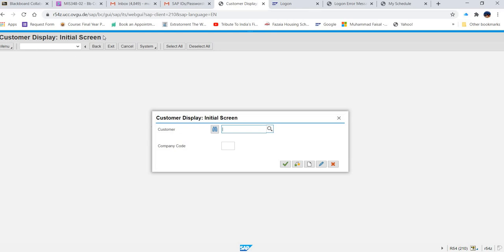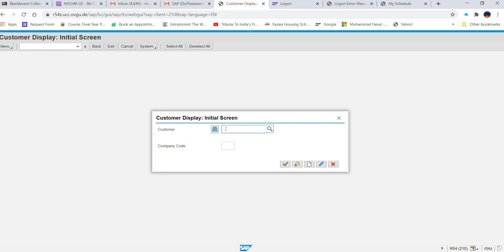Customer Display Initial Screen. So this is the transaction title, Customer Display Initial Screen. And what is the transaction code, from where can we get it? Yes, you are right, from here. I click here. But before that, I have to get out of this, or then later on we can check.